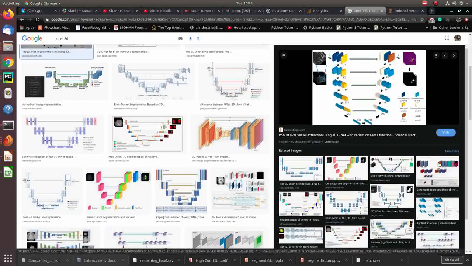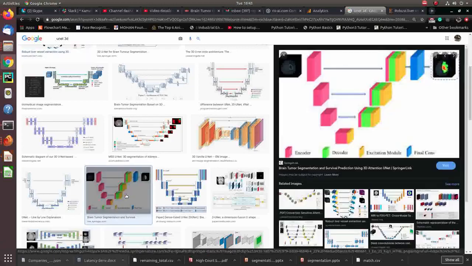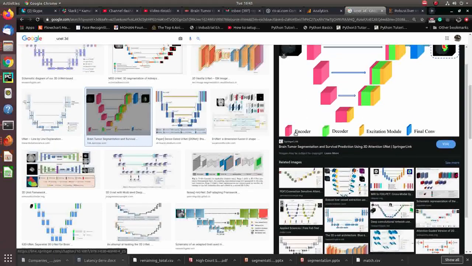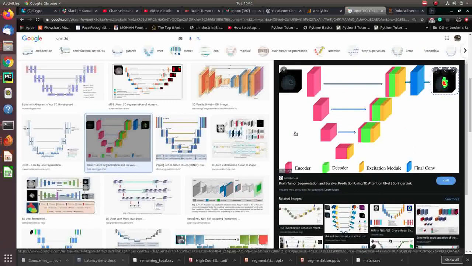Let me show you some high dimension images. So guys, consider this image. Basically, the role of the 3D U-Net consists of a similar type of image I have shown you in the beginning. It takes an input, and one part of this input layer is concatenated with the final layer of the decoder.